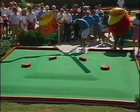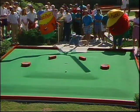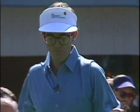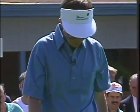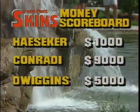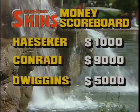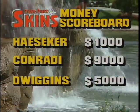Dean Wiggins. An ace here will tie the hole, and the prize money will be carried over. Get in the hole. Oh, he misses. Thought he had it, and Dean came down off the putting area. Dean cannot believe he missed that shot. After the $3,000 skin won by Chris, no one aced number 16, so we rejoin the action on hole 17,